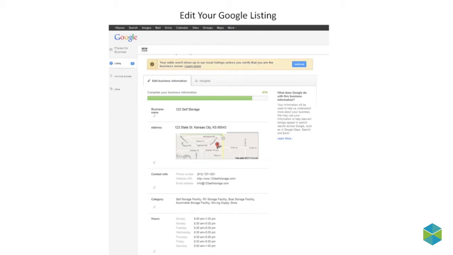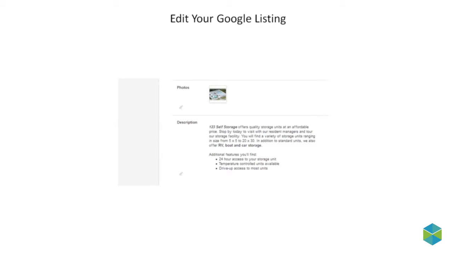But don't skip over that section. The categories is really important to your ability to show up in search results. The next section is the hours, and you can only enter one set of hours. So enter in your office hours here, and if you have access hours that are different from your office hours, you want to enter those in the description field, which is the very last field on the